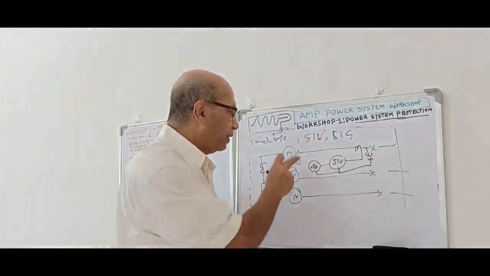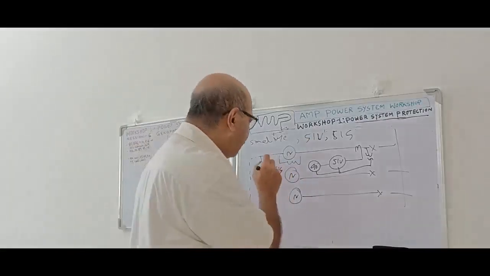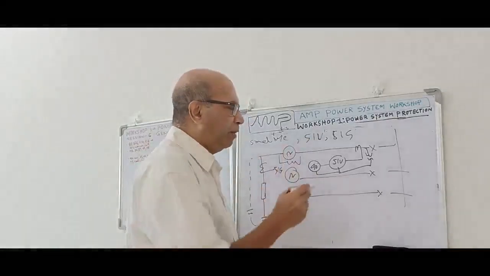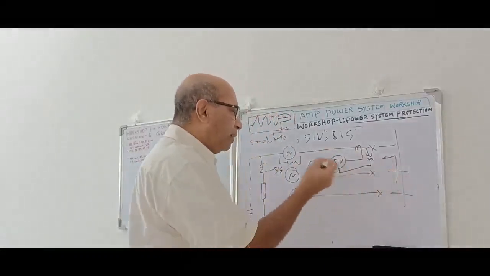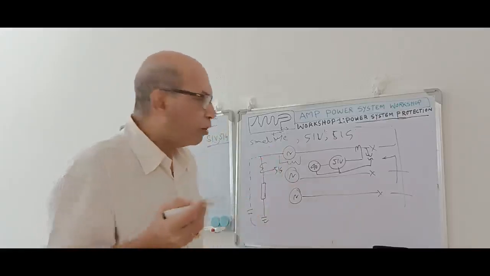Another operation, as it is reactive power, in case of turbine failure or the prime mover failure of this machine, immediately it will know active power is not being given, so it will take active power from the system, and then this generator will be acting as a motor. That is also to be prevented.